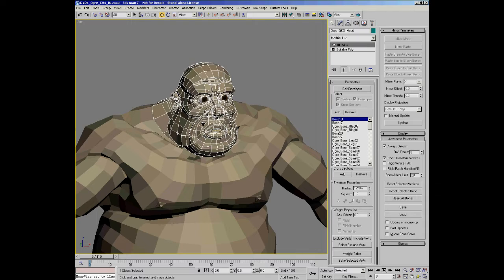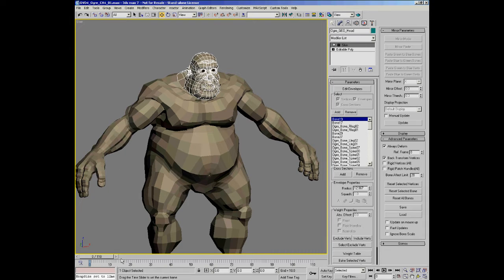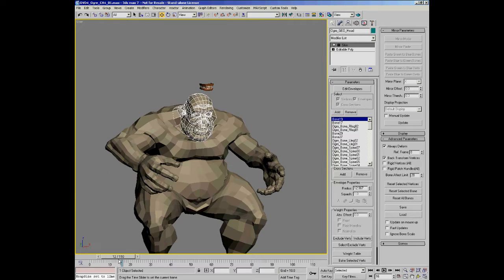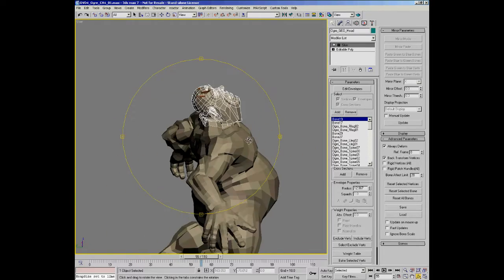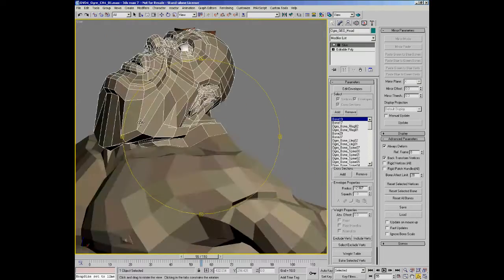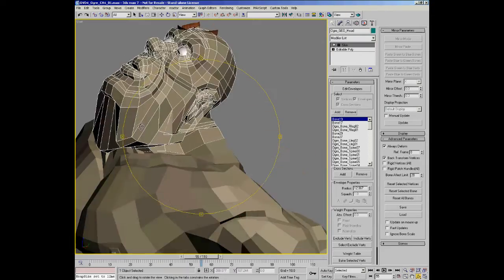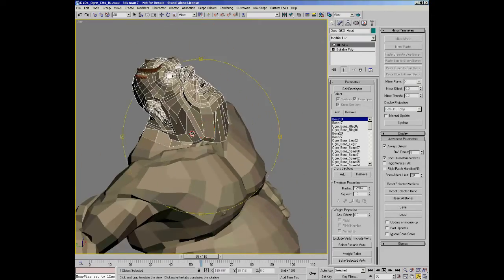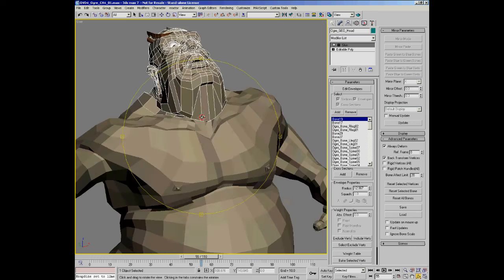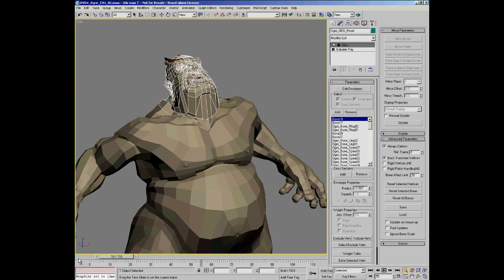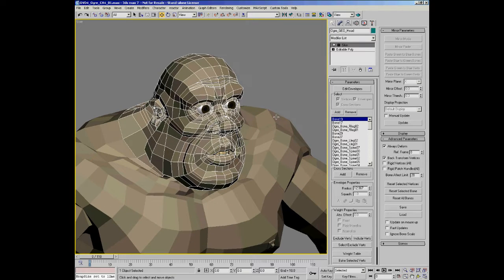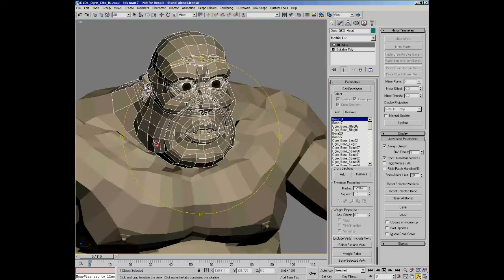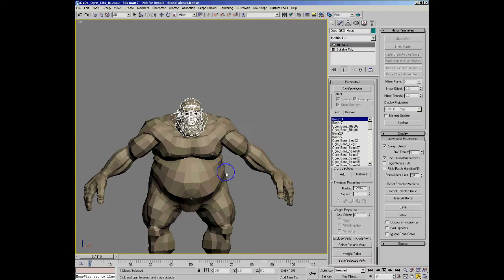It isn't going to work essentially on that head very well. If I drag the time slider, you can see that it's ripping and tearing. It's working to a certain degree in certain areas, but in others it's just not working at all. So obviously the data hasn't transferred correctly. Now what would normally happen is we would take a copy of this